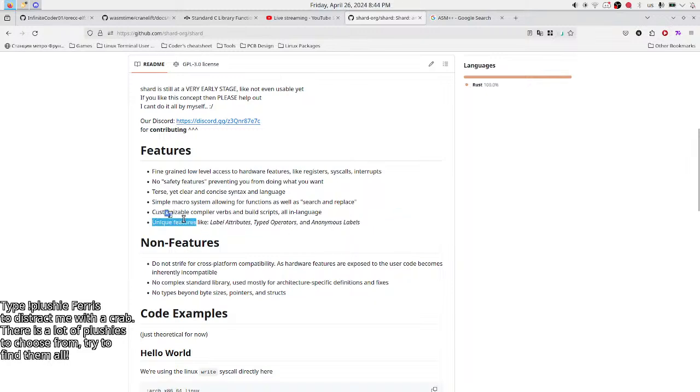Unique features, so unique that I'm not sure if I understand what this means actually. But this really actually looks interesting. Non-features: do not strive for cross-platform compatibility, as hardware features are exposed to the user, code becomes inherently incompatible.